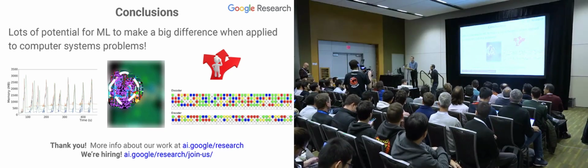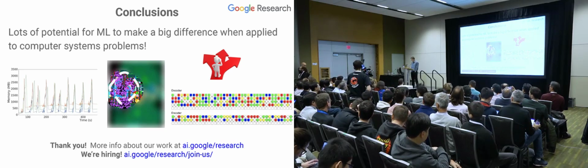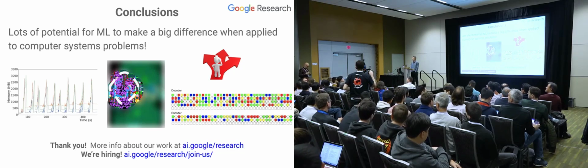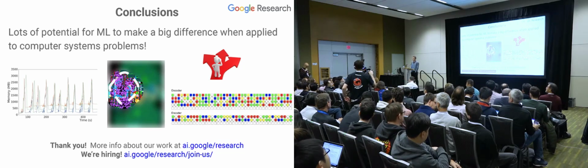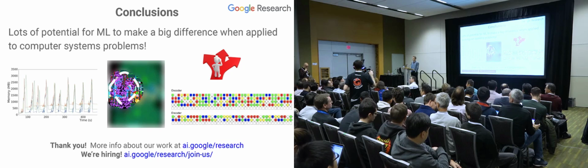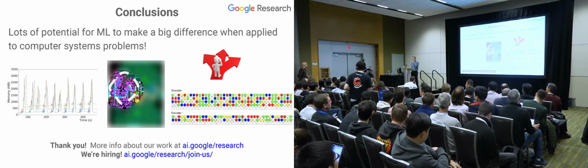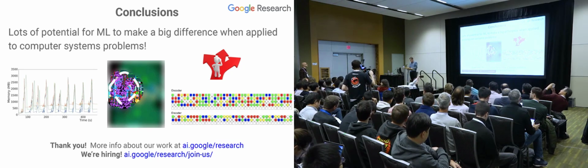Cool. So we have time for a few questions. Hi, thank you for the talk. I want to ask a question about the generalizability of your RL policy. So you mentioned that you train on other tasks and fine-tune on your task, but is there any hope that you can just run your policy without fine-tuning on the task you're interested in?